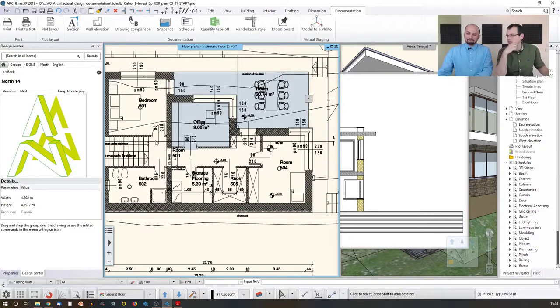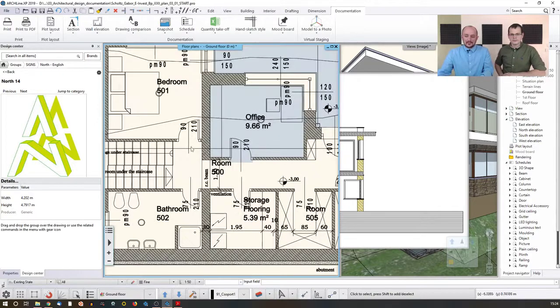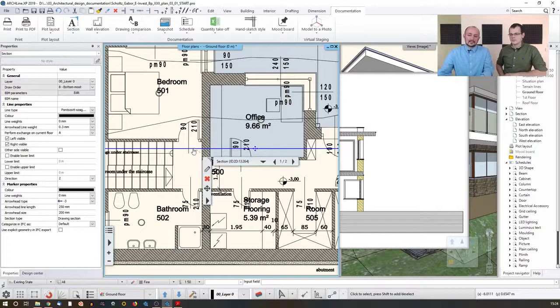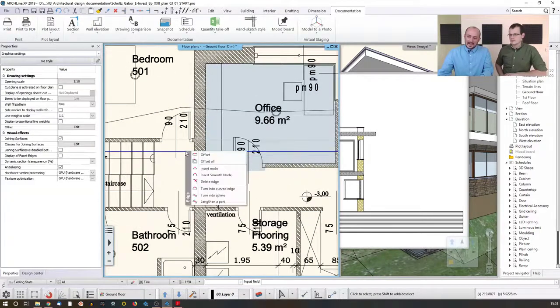So how do we do that? Yeah, well, there's two ways how you can approach this thing. First things first, you can actually create a polygonal section out of the box. But if you didn't do that and you realize that you need to break the line, then it's something that you can easily do. You just click on the section line, and then you click on the line itself,